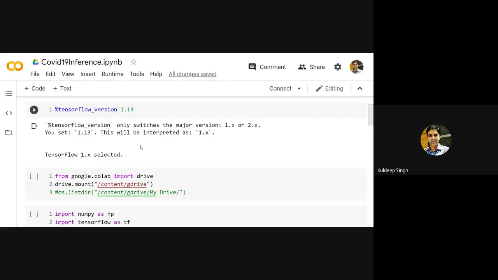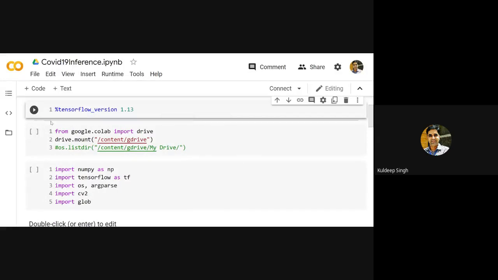And now with this inference Python script, I will use that particular trained model. I'll give a chest X-ray image as an input, and we'll see how it can give us the result in terms of those three classes, which category the particular chest X-ray belongs to. So we'll start with